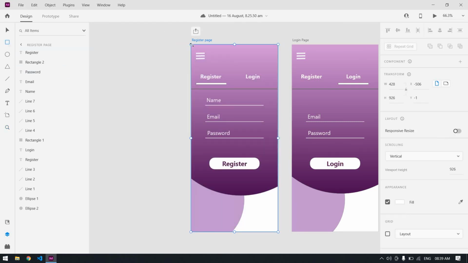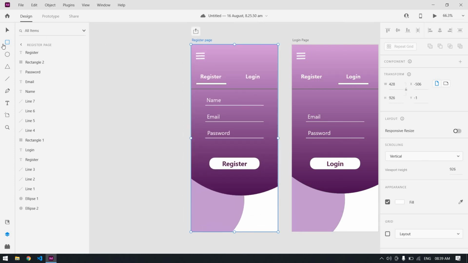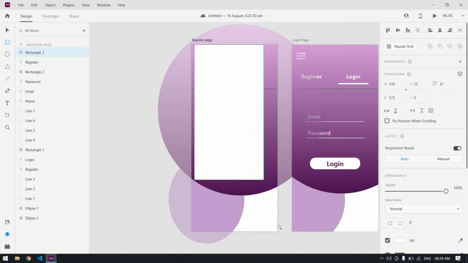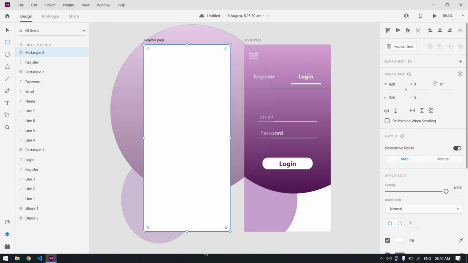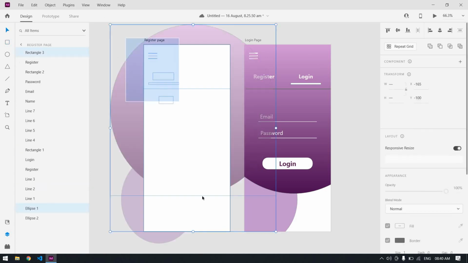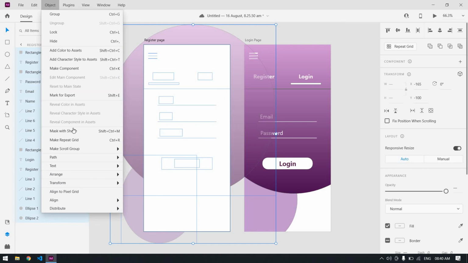I will show you. I'm going to select all items in the register page. I selected and click object and click mask with shape.